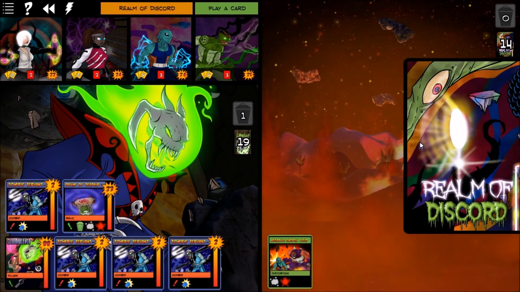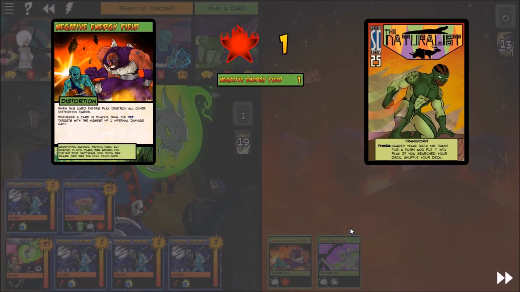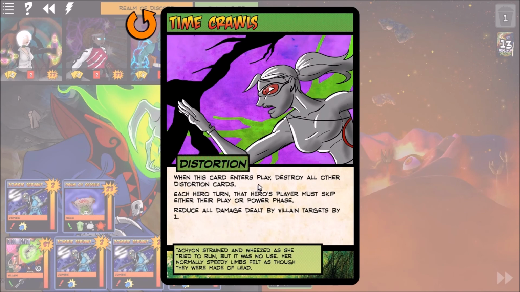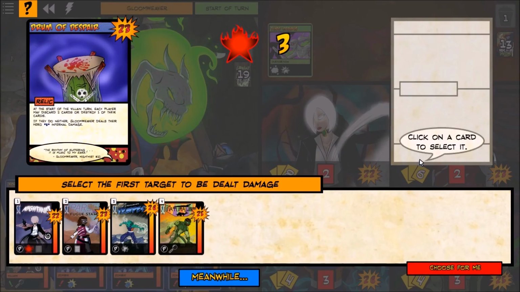Environment turn. Time crawls. It's another one of those distortions. Destroys negative energy field. Destroy all other distortion cards. Each hero turn, the hero must skip either the play phase or power phase and reduce all damage by villain targets by 1. So this can help sometimes. Like for instance,